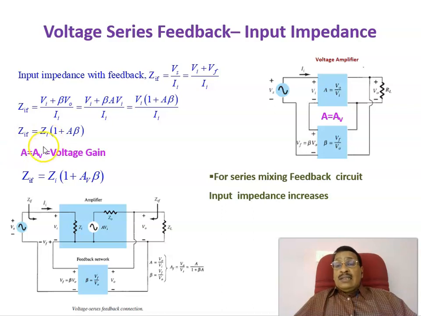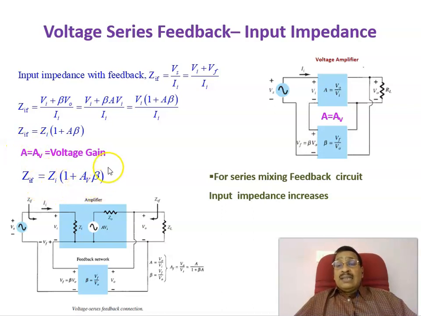With feedback it is equal to that into 1 plus A beta. Here A means, in this case, the amplifier is a voltage amplifier. That is why it is actually AV. Output is a voltage and input is a voltage. Therefore, this is a voltage gain amplifier. Therefore, A can be represented as AV, or the equation for the input impedance is ZIF equal to